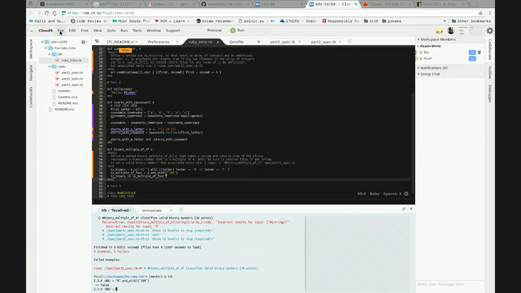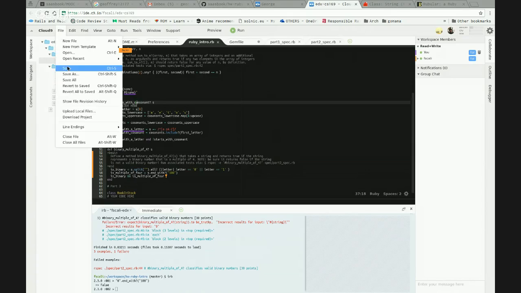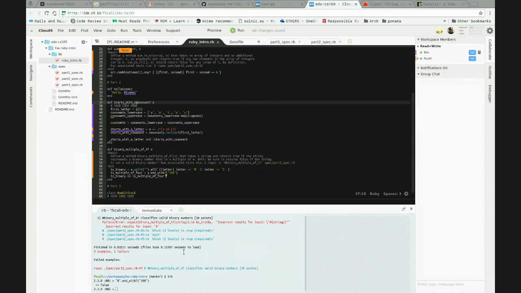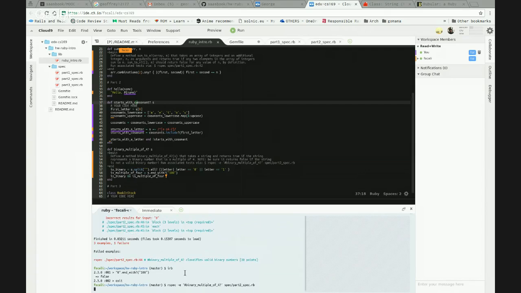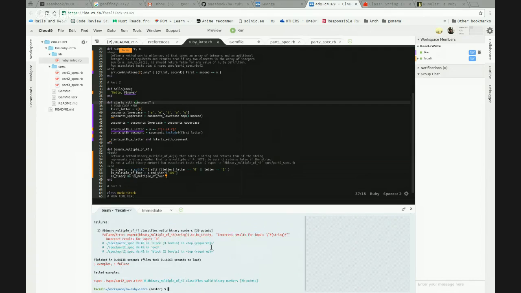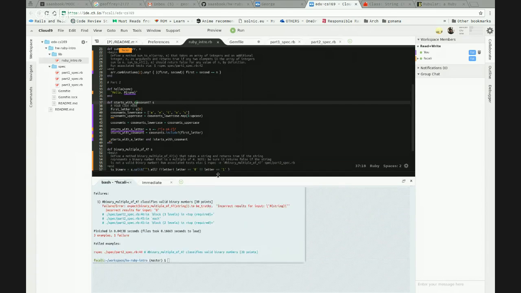Have you saved the file? Yeah, I saved it. Okay. It's so annoying that you can't scroll to the top of this. Maybe I should just make it larger.